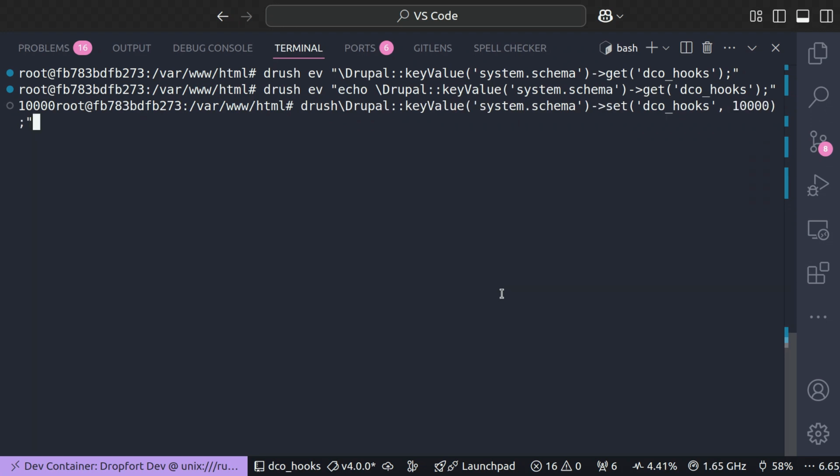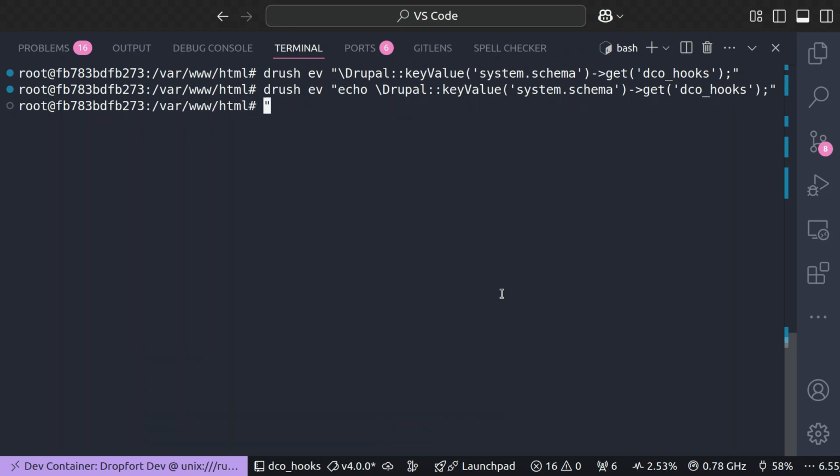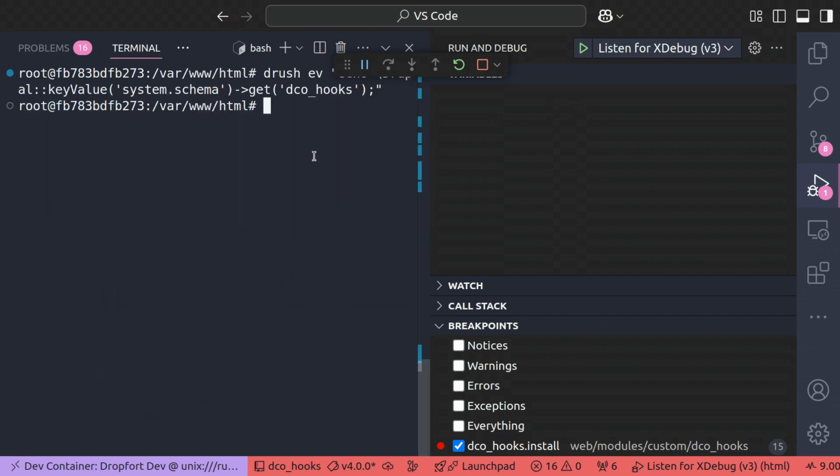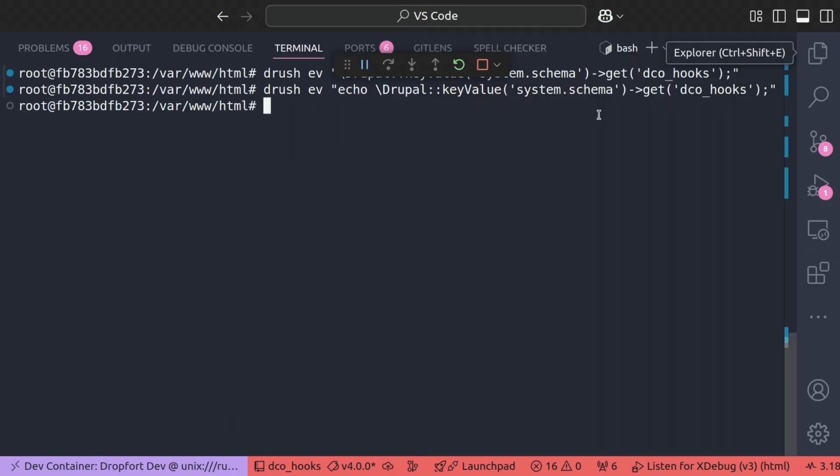So here we can see what the schema version is of our module. So you can see we have our update hooks are underneath that number. And then as well, we can set the schema value if we want to rerun our update hooks using this command here, which I included in a PDF that I'll reference. So now if we go and run our debugger,